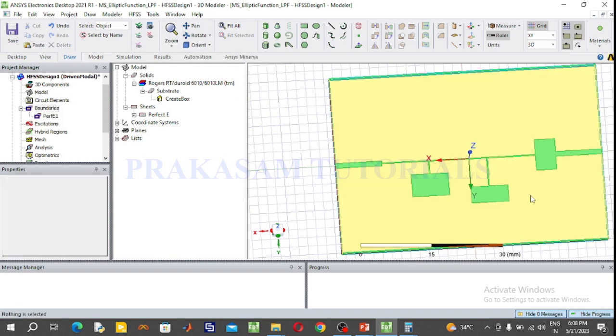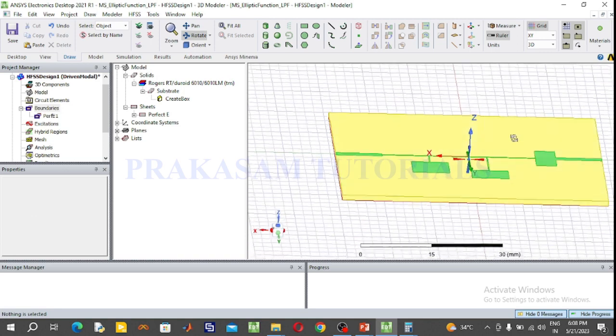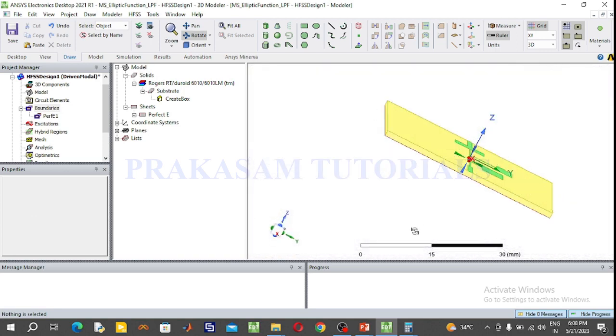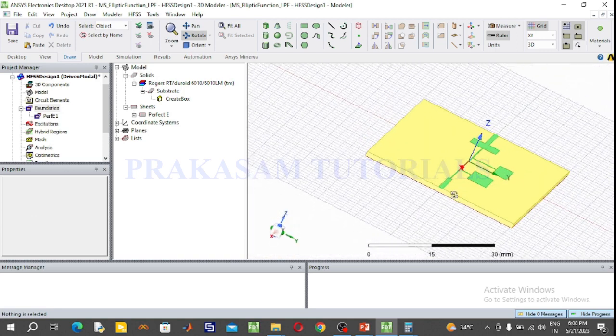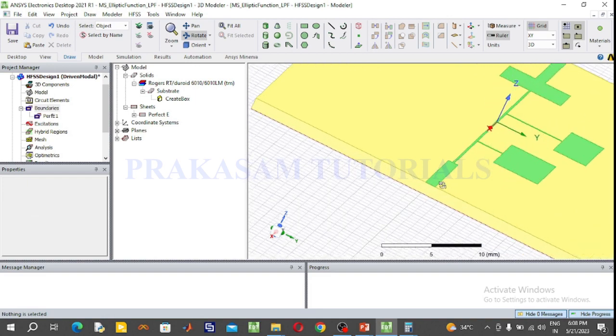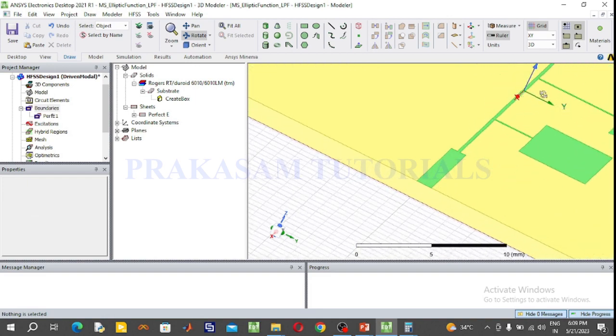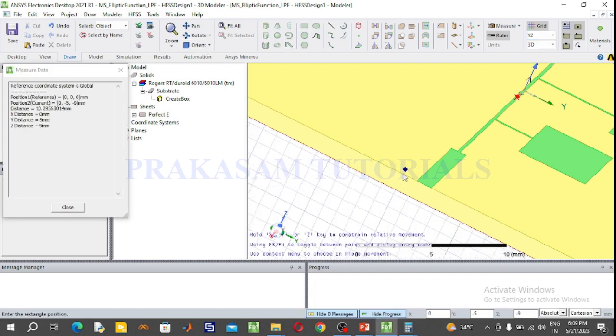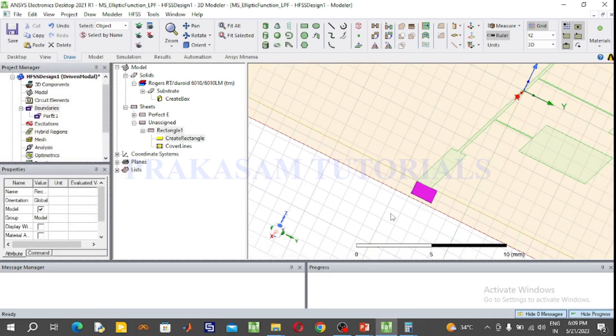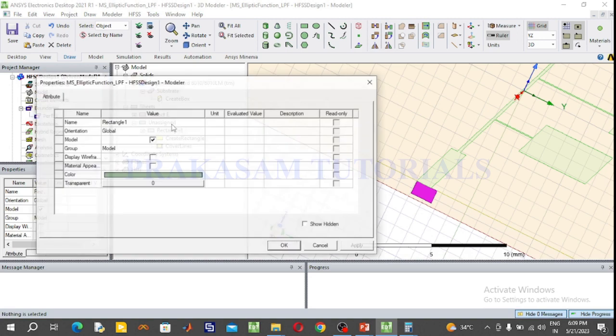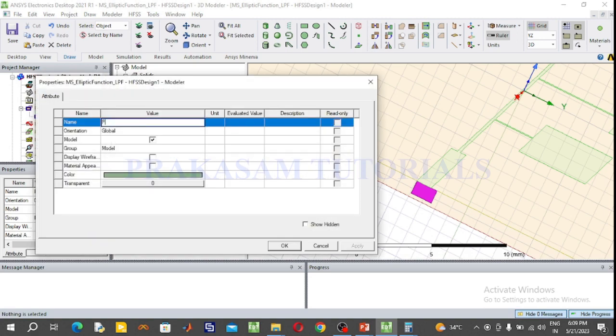And rotate the structure. Now change the plane, and this is y axis, z axis. Now selecting here yz plane. Select the rectangular sheet, draw the rectangular sheet anywhere in the plane. So this is the port 1. So rename this rectangular sheet port 1, P1,